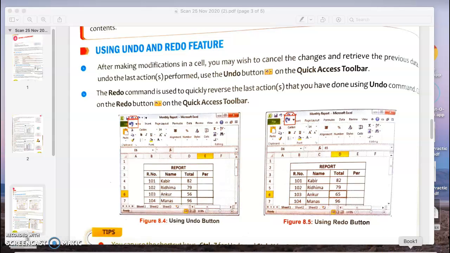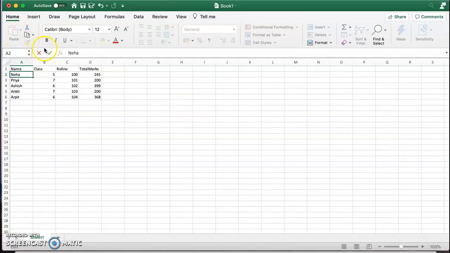So let's see where it actually is placed. Although I have told you in the very first class of the previous chapter, you can see this is the quick access toolbar, and here you have this undo button. Now if I hover my mouse upon it, it is coming as undo typing, and if I hover my mouse here, it says can't repeat. So if once I do this, right, it will make the previous state back.